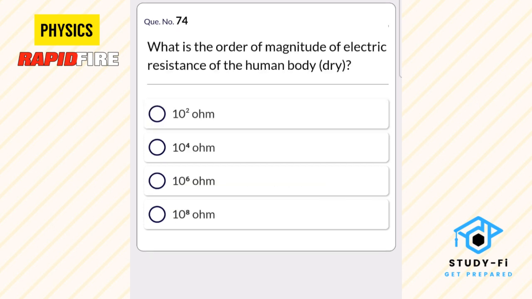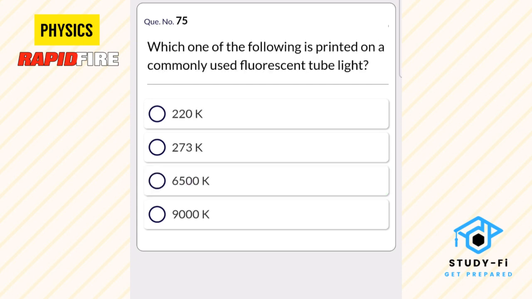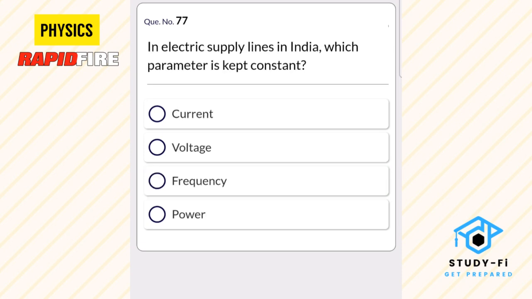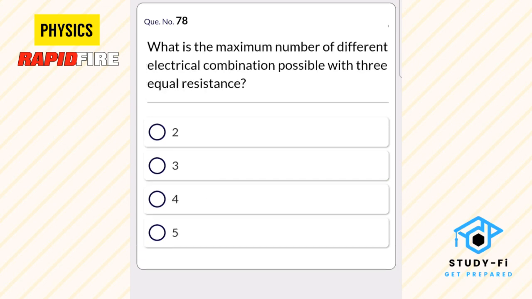What is the magnitude of electric resistance of human body? 10 to the power 6 ohm. Which one of the following is printed on commonly used fluorescent tube light? 6500 Kelvin. Which one of the following nonmetals is not a poor conductor of electricity? Selenium. In electric supply lines in India, which parameter is kept constant? Frequency. What is the maximum number of different electrical combination possible with 3 equal resistance? 4. Mho is the unit of